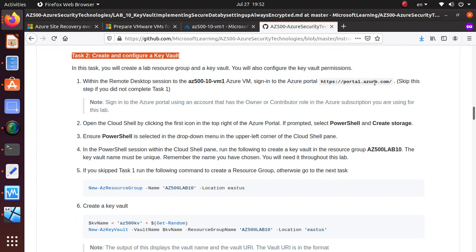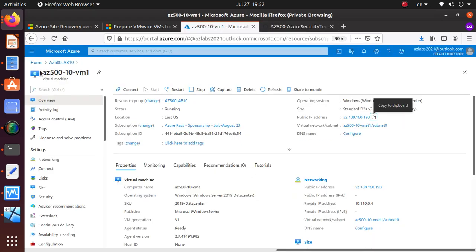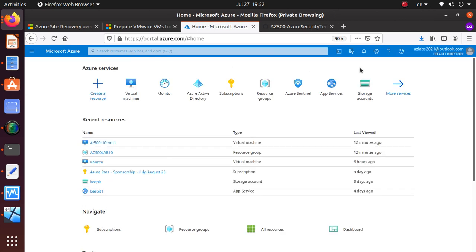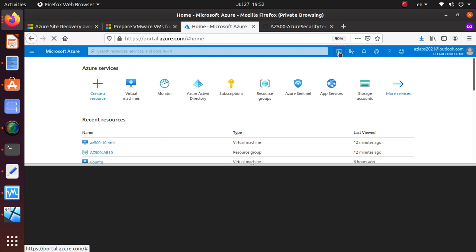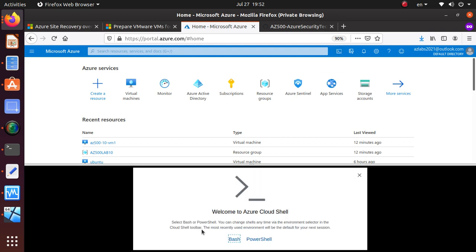We're going to go to the portal, and we're going to open up a PowerShell. Okay, and we're going to run this command. We already have this, right? To get to the PowerShell, you just need to click on this cloud shell icon. It's going to give you either the PowerShell or the bash. If you're going the first time, it's going to give you this